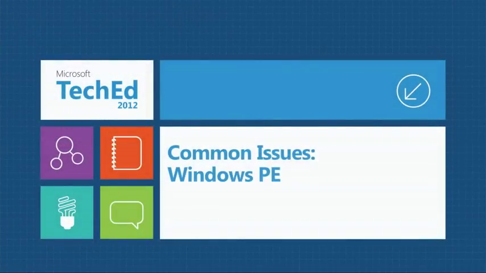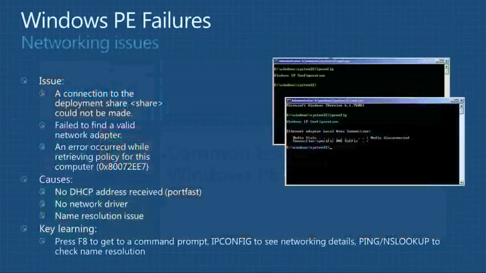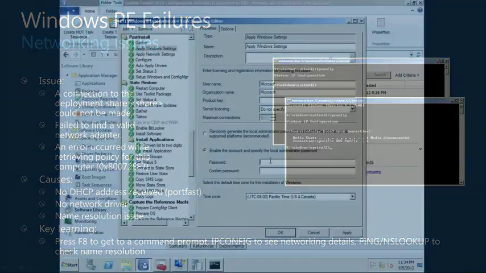You can also run into issues in Windows PE. Fortunately, in Windows PE, we have a shorter list of issues. Most of the time, the issues that we deal with in Windows PE are related to networking. So we have to be able to figure out what a particular situation looks like so that we know what causes it. If we were to switch over and look at a couple of machines,